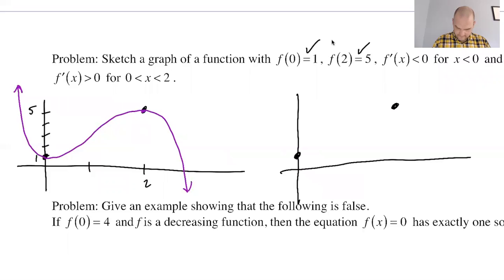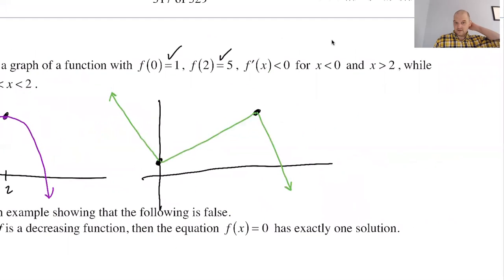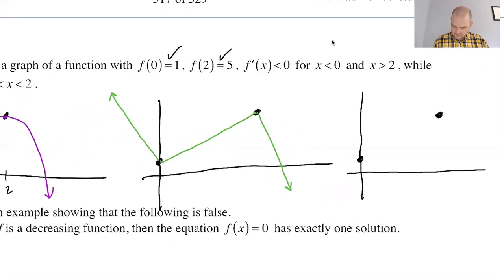What if it's a straight line? Does this break any of the rules? This does not break any of the rules. That's another possibility. Calculus problems like this kind of suffer or benefit from whataboutism, like, well, what about this? What about this graph? So decreasing,